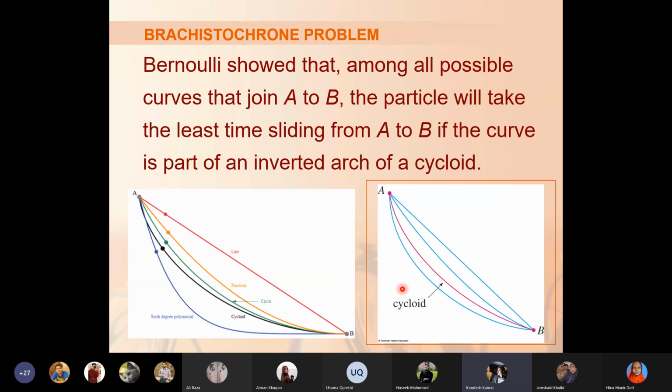Blue or black, or the black one, which is a cycloid, the inverted cycloid, the arch of a cycloid. That is